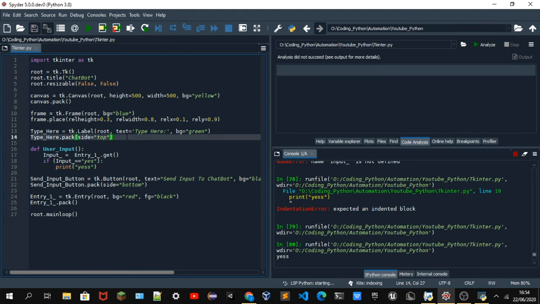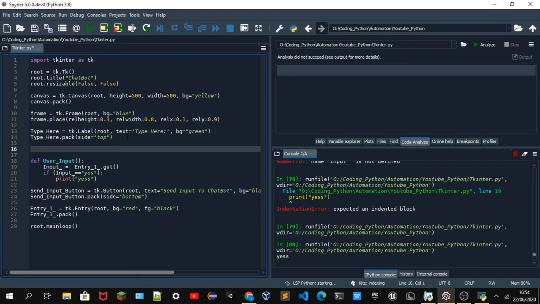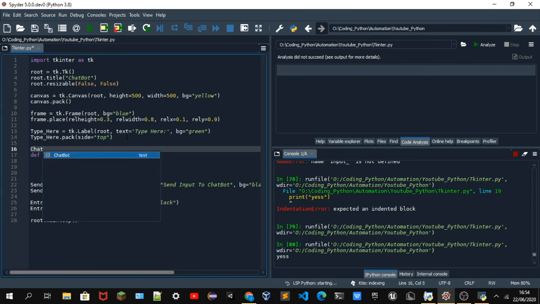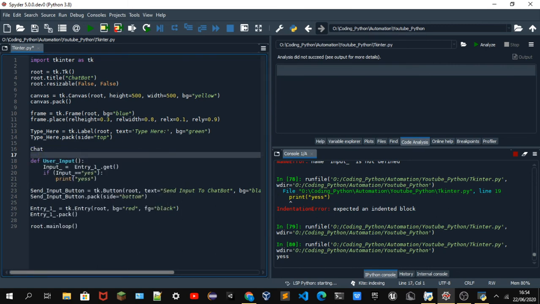So I'll really quickly create another label here, just for the sake of creating tons of labels. So this label, no, it's not really because of that. Just to confirm that the user wants to actually use the chatbot, I'm going to do chat check. Chat check equals tk.Label